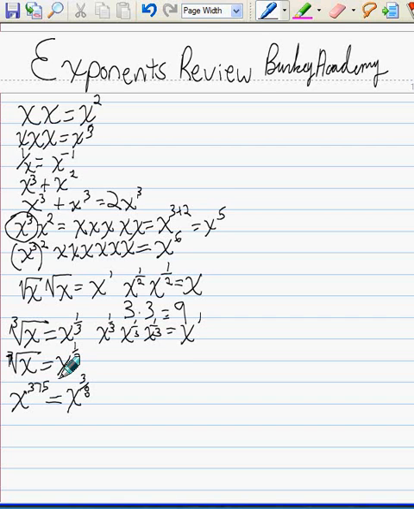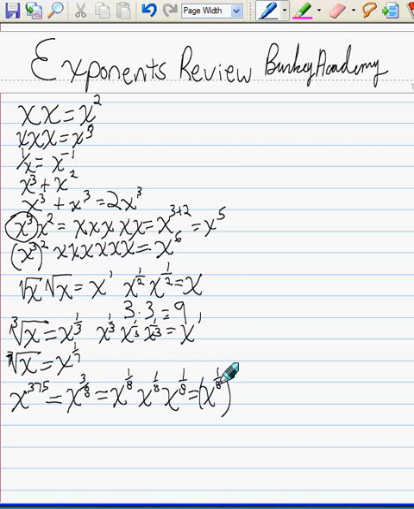What is x to the 3/8? What does it really mean? Well, you can write x to the 3/8 this way. You can write it as x to the 1/8 times x to the 1/8 times x to the 1/8, because of that law of exponents, which says that if you add 1/8 plus 1/8 plus 1/8 together, you get 3/8. So we must be able to write x to the 3/8 as x to the 1/8 times x to the 1/8 times x to the 1/8. But what's a simpler way to write that? It's x to the 1/8